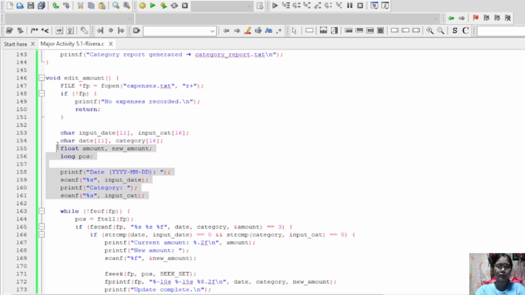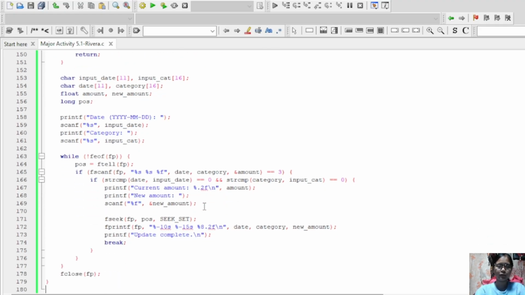And for this line, I ask the user which record to update by date and category. Let's go down to the new line here. I use ftell to store the current position so I can go back to it if needed. When I find the record to update, I ask for the new amount.